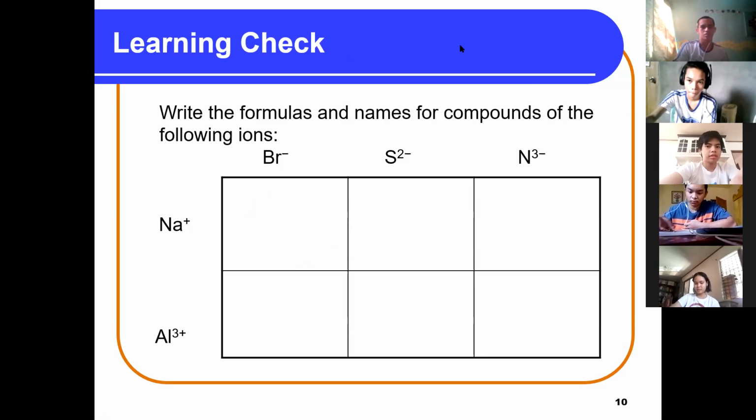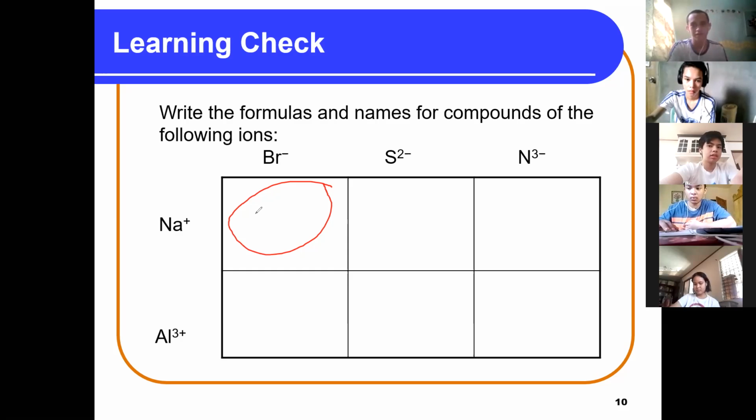Let me ask Robertson. Sodium and bromine. Will I say the name? Yes, the name. Sodium bromide. Give me the formula then. Na and Br. Okay, so your answer was sodium bromide, correct? And let us see if NaBr is correct later.